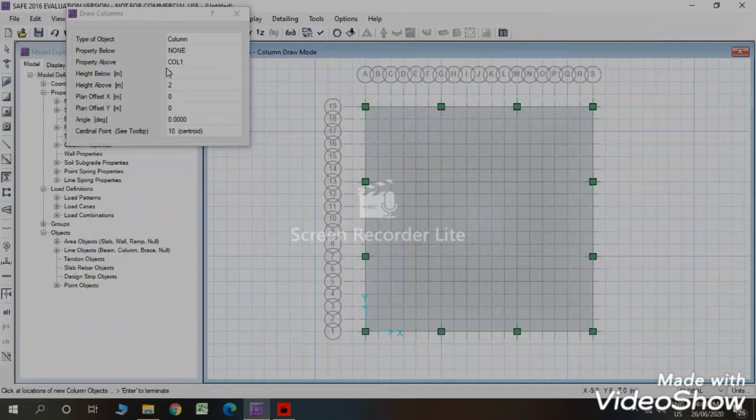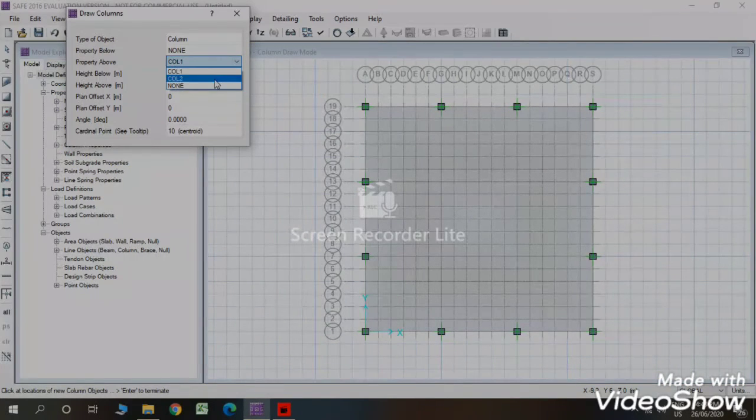Now rest of the columns are of type 2, so we will just change this to column 2, and then we will draw these columns.